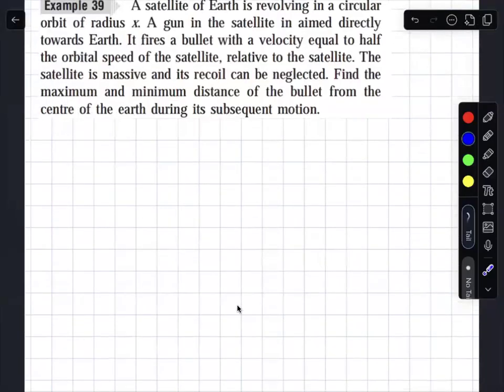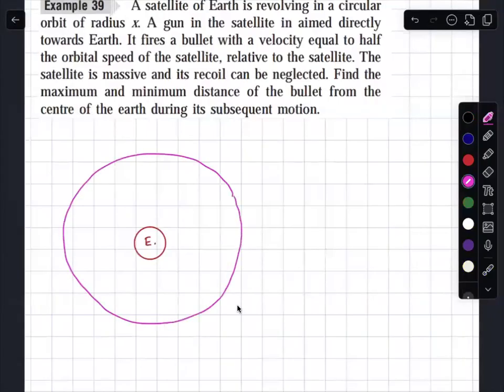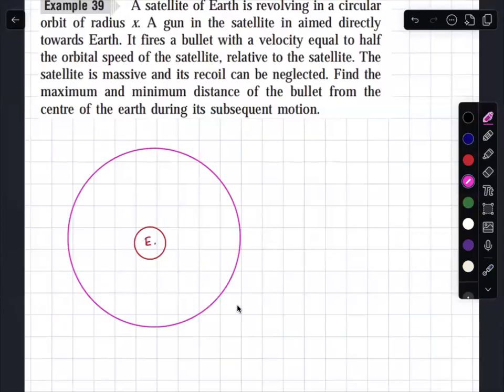I require some geometry for this purpose. This is Earth. This is the expected circular path. Fine. Now, at this stage, what is happening is that